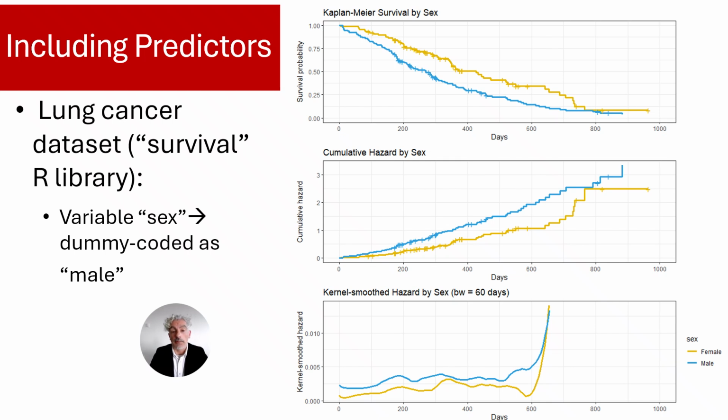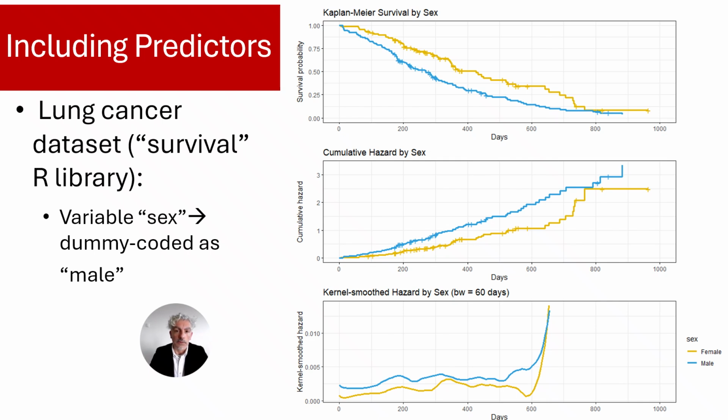So we can start by exploring the Kaplan-Meier survival function, the cumulative hazard function using the Nelson-Aalen method, and the kernel-smoothed hazard function. I report all these statistics here in those graphs. You can also notice the kernel-smoothed hazard function does not cover the full range of event times, which is usually the case